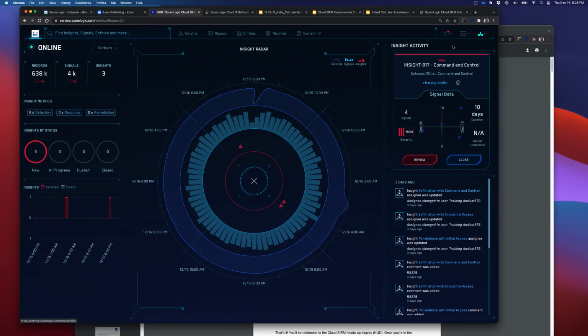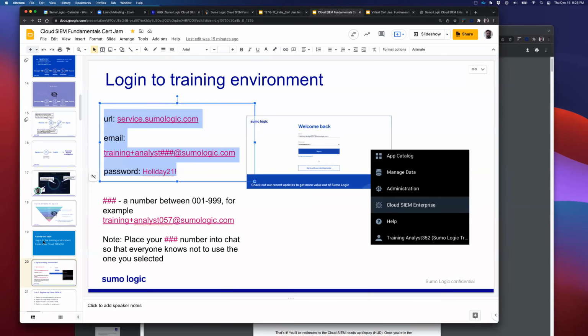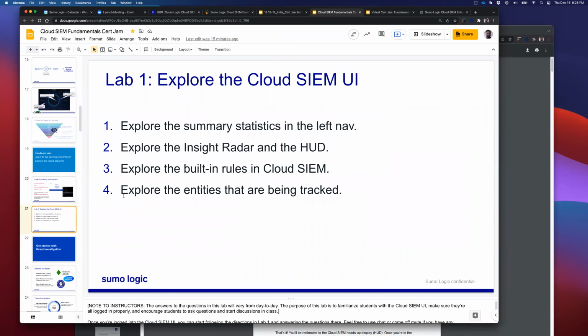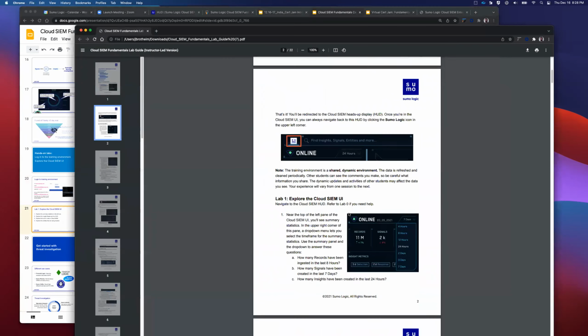All right, so I'm going to alternate a little bit between slides and labs, just because that's the way I'm supposed to do this. Let's start to just explore. Lab 1 is all about having us explore this new environment. We're going to go through it, but let me talk through it at a higher level.